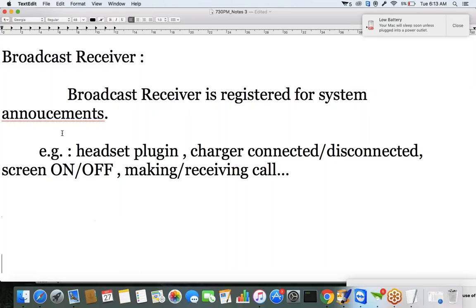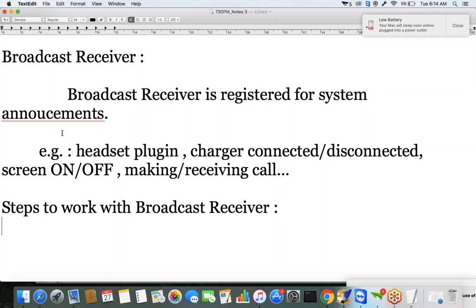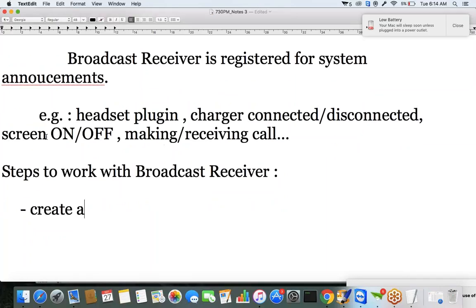Okay. Let's see what are the steps to work with broadcast receiver. The first step to work with broadcast receiver is to create a class